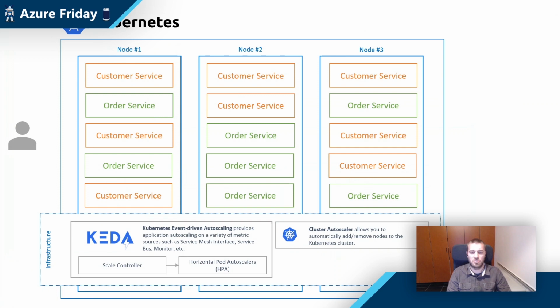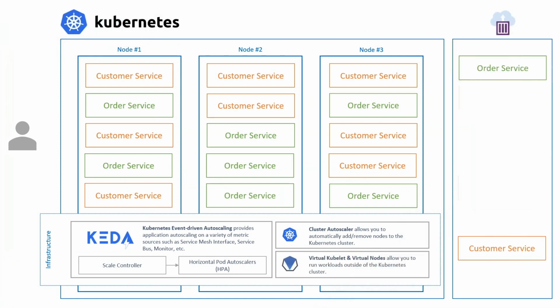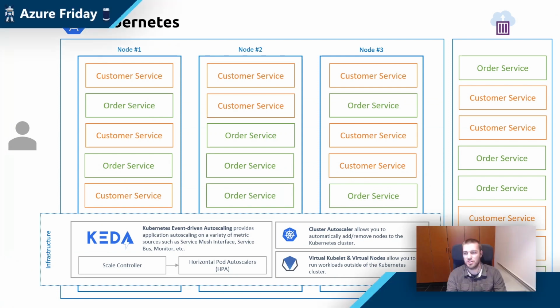But at a certain point in time, the cluster autoscaler will not be able to cope with that, and you'll need to mitigate overflow, let's say. And that's where virtual nodes kick in. That's another AKS feature, which basically allows you to overflow your containers to ACI, while from a Kubernetes perspective for the operators, they are still running on Kubernetes. So it's the same look and feel, but you just mitigate the resource starvation, let's say.